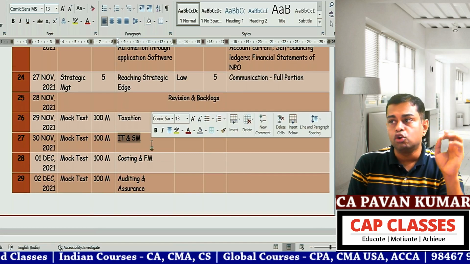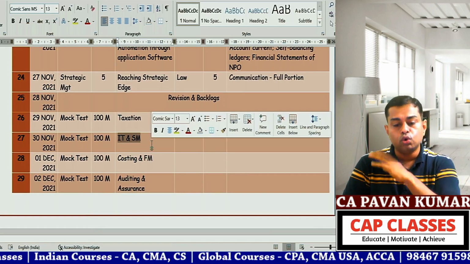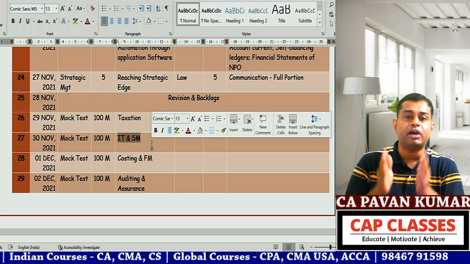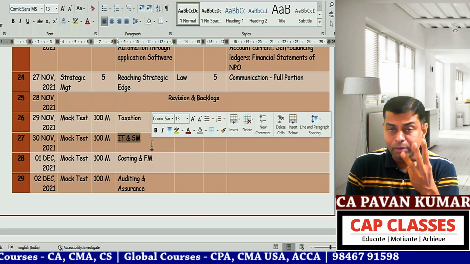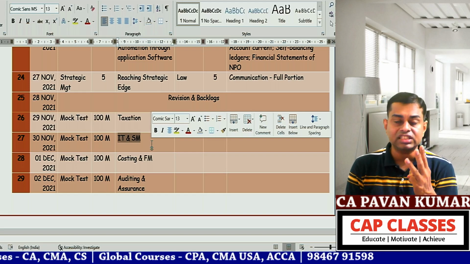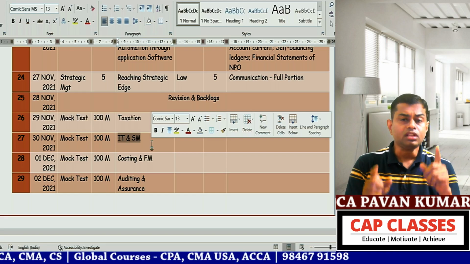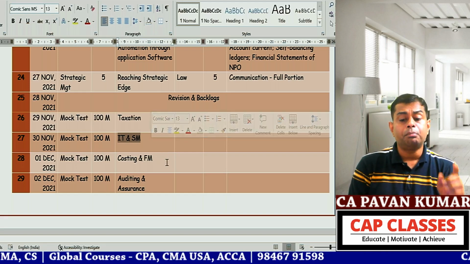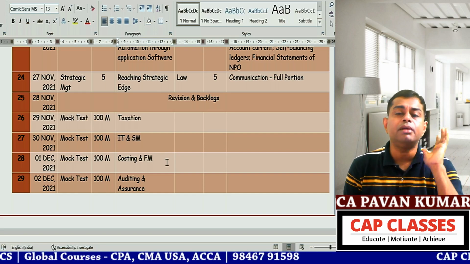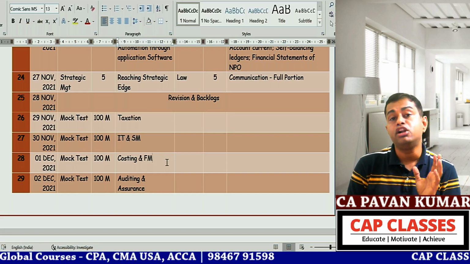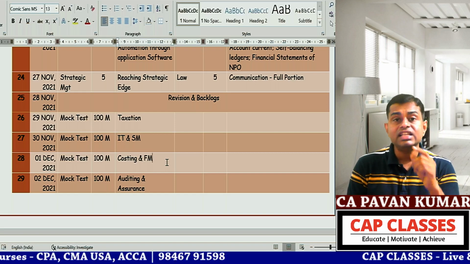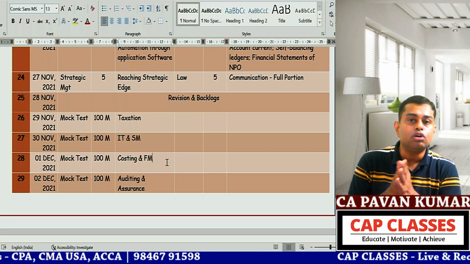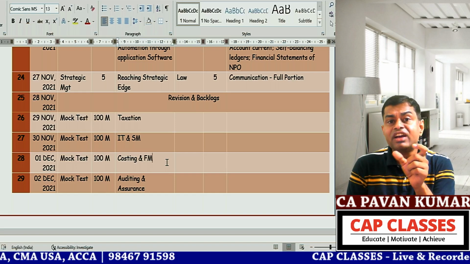If you are a single group student, that day you can revise the whole subject and read the practice manual. You can do previous RTPs. Remember, without doing 3 previous RTPs, don't go to the exam. If you are an old syllabus student, the practice manual is the most important content you need to prepare. Practice manual and RTP. Also, on the ICI website, if you go to the quick referencer material,